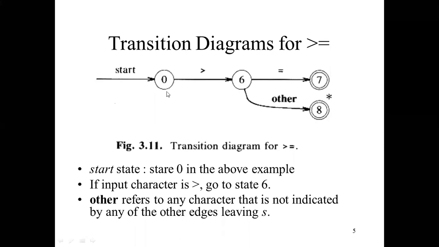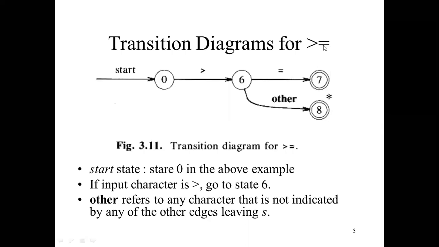So this is indicated by 0, 1, 2, 3, 4, 5, 6, 7, 8, 9, 10, and so on. Each circle we indicate with the help of the number system, using numerals 0, 1, 2, 3. This is the starting state, because we are just cutting some portion from the complete diagram. That's why here the number is 0, and here we are getting 6, 7, 8. In the next slides, you can get the right answer of this.